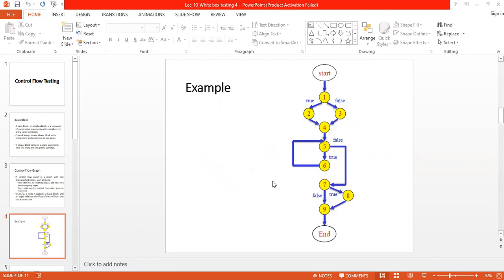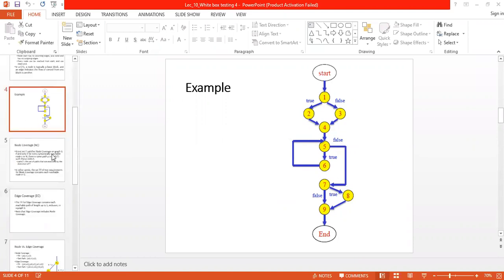This is almost the same as what we have discussed in the previous lectures under the graph related testing. The only thing is, in this particular testing, since we are focusing more on how the control flow is happening, that's why we call it control flow. But all the other things are the same. Only the concern point is different.